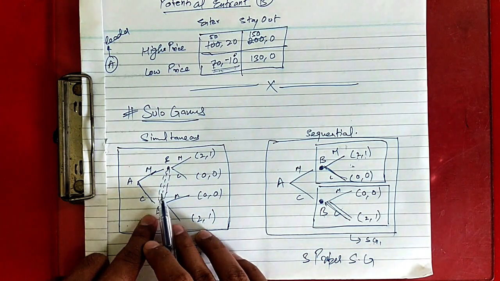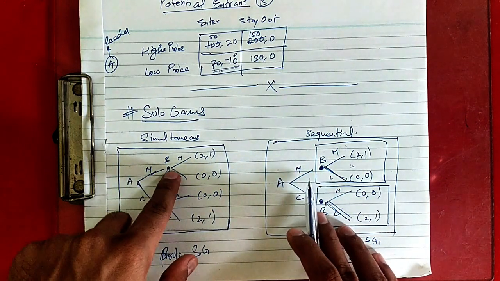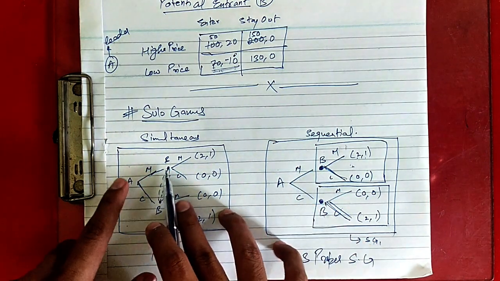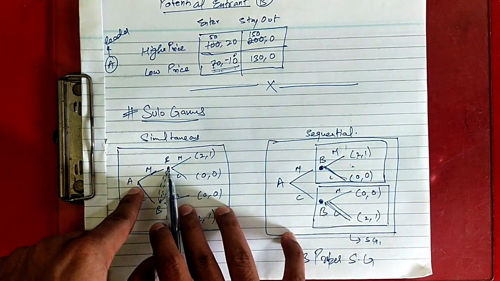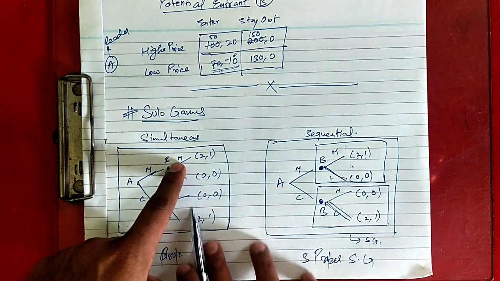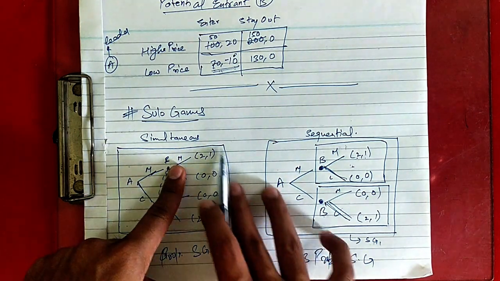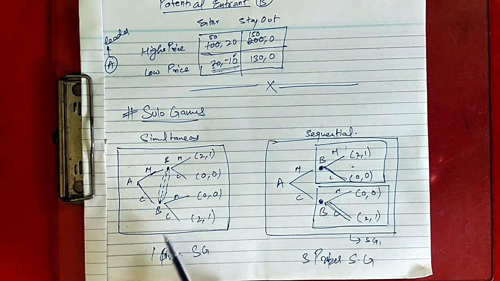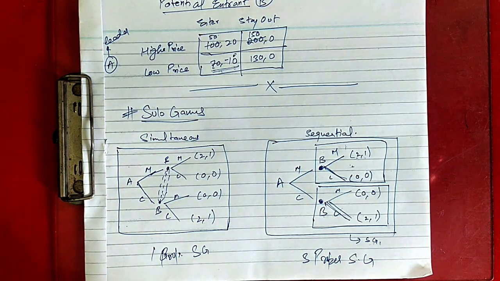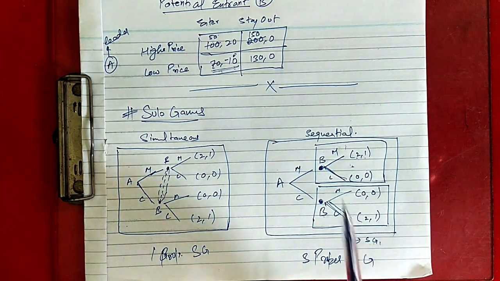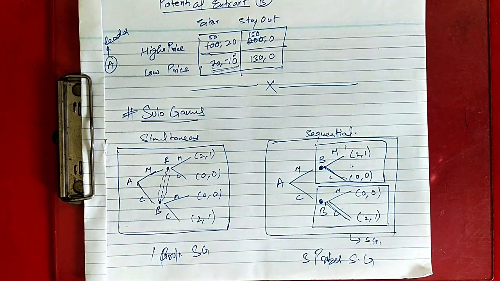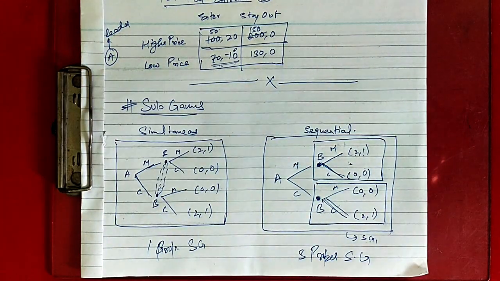Because it is a simultaneous game, we cannot call it a decision node, because both are taking the decision simultaneously, so it all ends with the information set only. So here it is only one proper subgame, and if you see here, it is three proper subgames. So now we will move on to